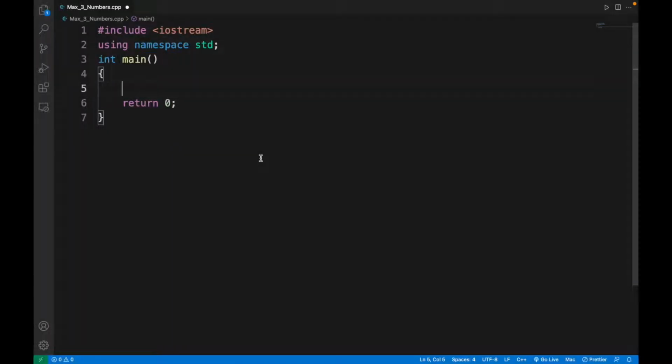Program we're going to discuss about how to take maximum of three numbers. So before going to maximum of three numbers, I'm going to take you to find maximum of two numbers. So we'll take the input,